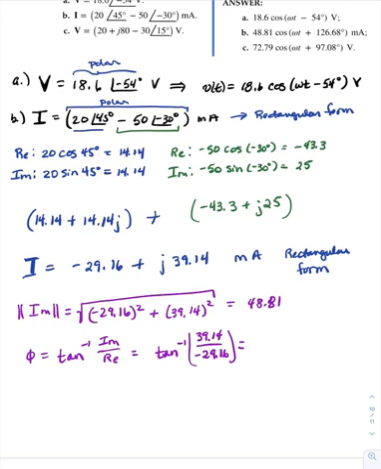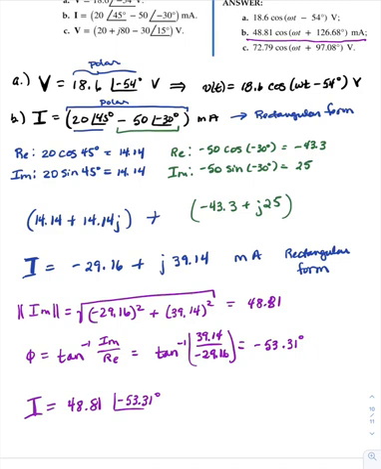All right, so inverse tangent 39.14 divided by minus 29.16, and that would give us minus 53.31 degrees. So our answer would be 48.81 minus 53.31 degrees. Now if you look up here at the answer, it says